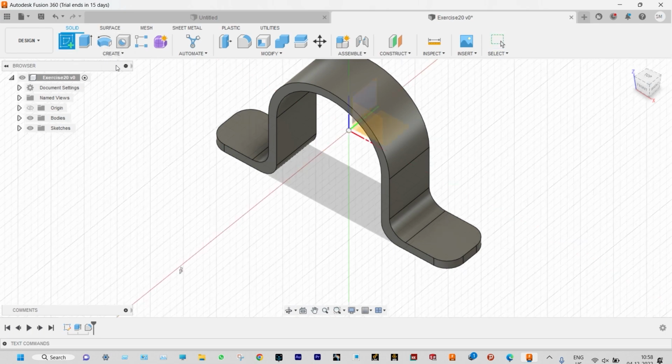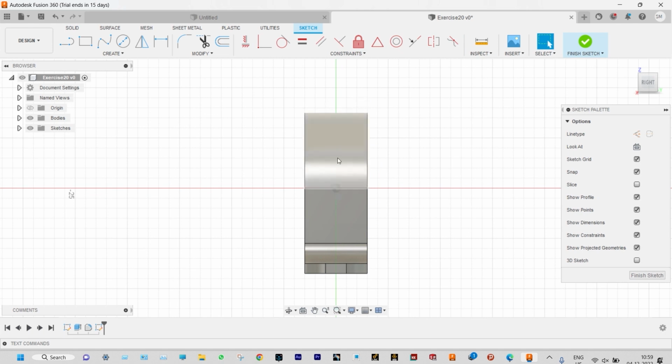And in this case, we need to start from right view. Select the right plane. And here we need to provide a rectangle. And that rectangle will be symmetric with respect to the central axis here. So we need to draw one construction line again, starting with the line, and change the line type from here to construction line. Construction line is made. Now change the line type to solid again,